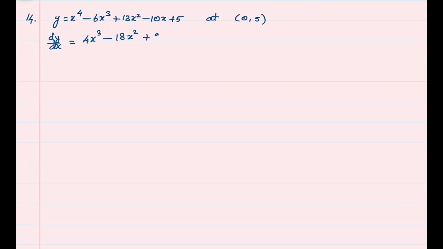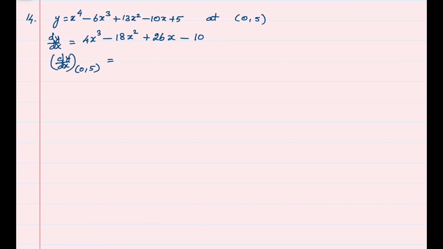Question 14. Find the equations of the tangent and normal to the given curves at the indicated points. First one, y is equal to x power 4 minus 6x cube plus 13x square minus 10x plus 5 at (0, 5). We will differentiate and get the slope of the tangent. dy by dx is 4x cube minus 18x square plus 2 times 13 is 26x minus 10 times 1 plus 0. The point of contact is given, so we can find the slope of the tangent at that point (0,